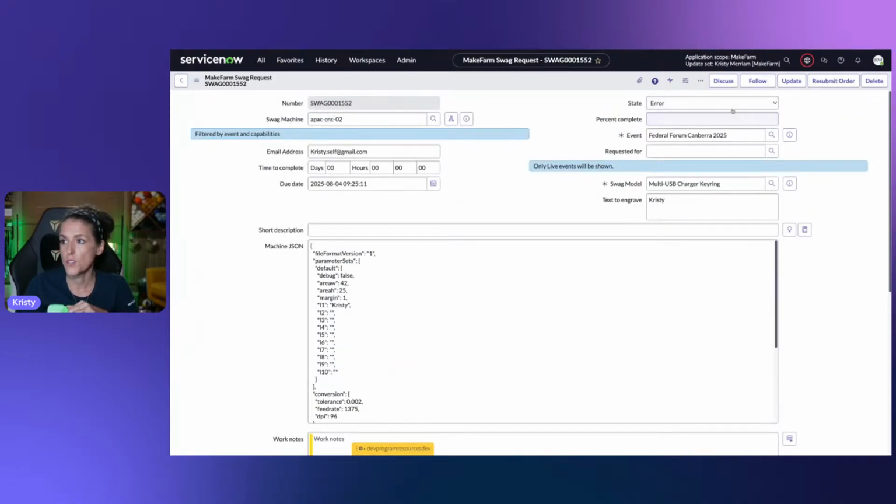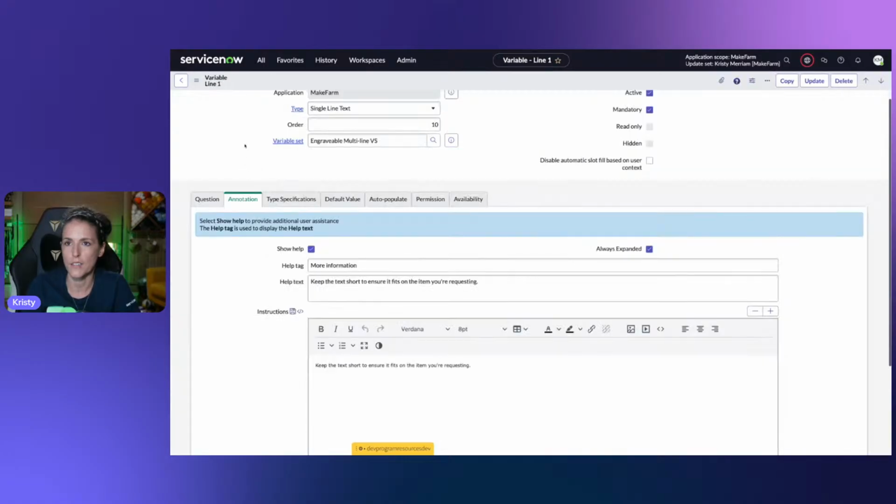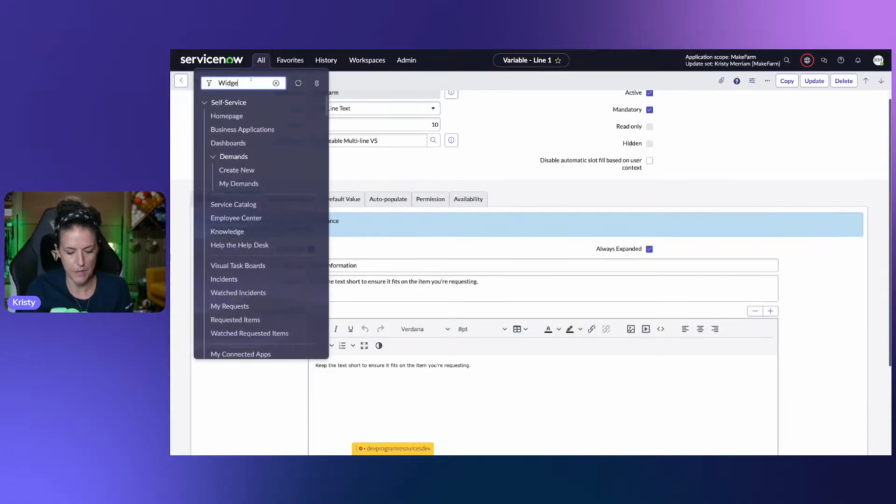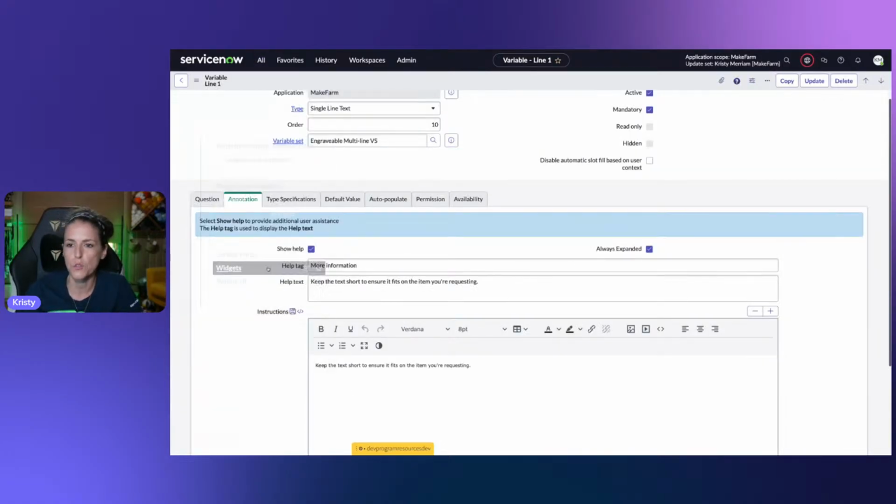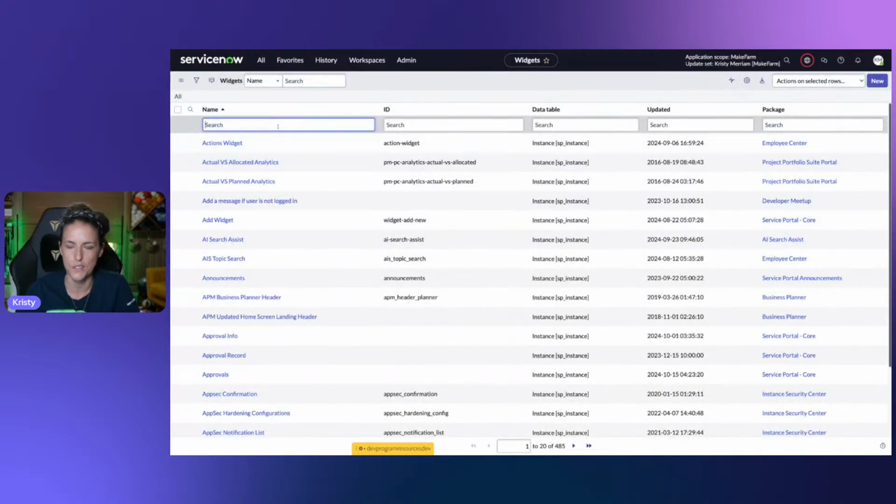Okay, so I see it's an error, but if I wanted to resubmit it, there's a couple clicks to go resubmit. So what they're asking is that we move this resubmit order button over to the service catalog. That means I'm going to get to go into a portal widget, which is super duper fun. And you guys are going to laugh at me, but that's okay. So I can come to my portal widgets. I could also do this in Studio, but